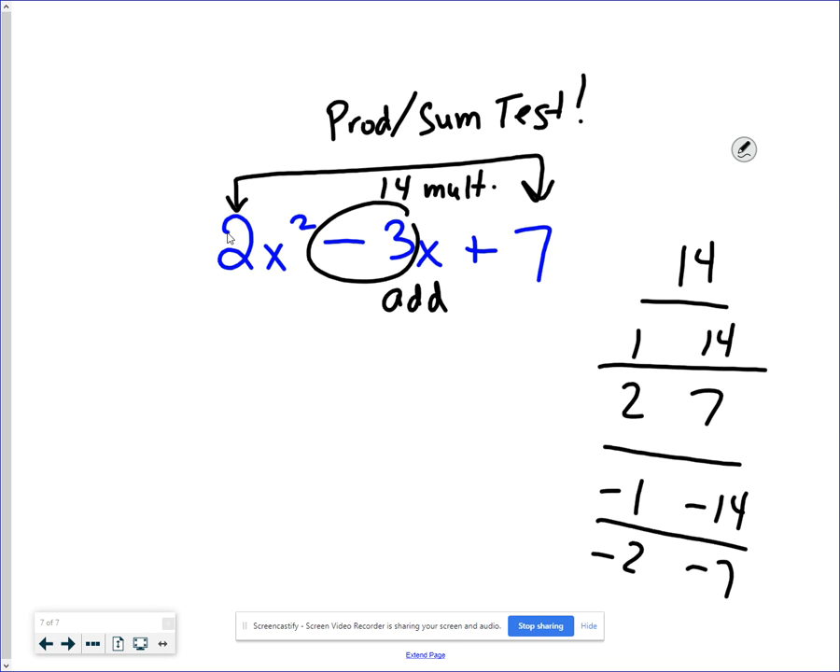Do any of these factors add up to negative 30? No, none of these add up to negative 30. So what that means is it fails this test. It fails the product sum test. So that means this is prime. We cannot factor it. So you just write